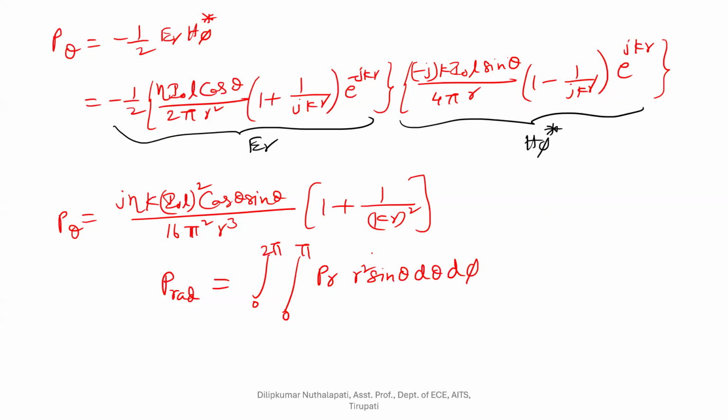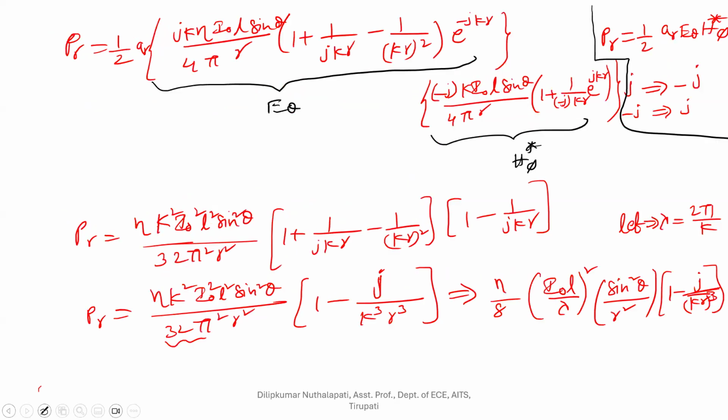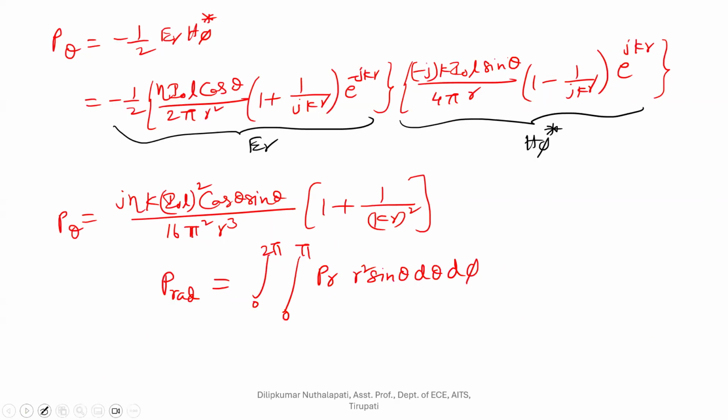So substituting the P_r in this equation, we'll assign some equation number: P_r as equation number 2 and this as equation number 3. Substituting equation 2 in 3, then we have P radiated is equal to the integral from 0 to 2π, 0 to π,